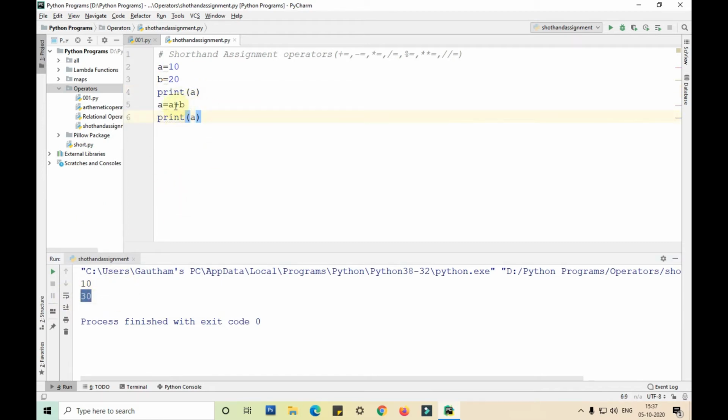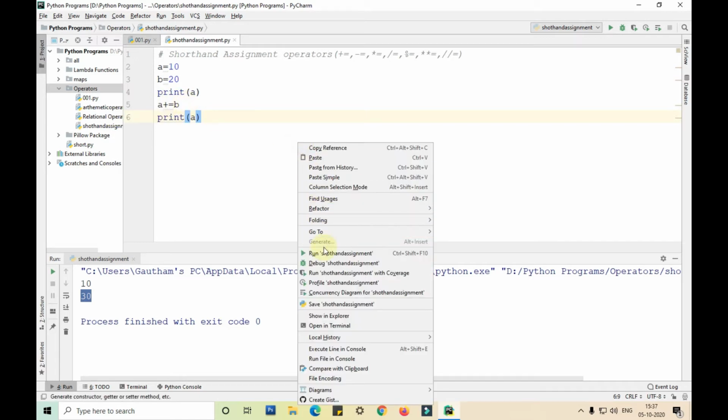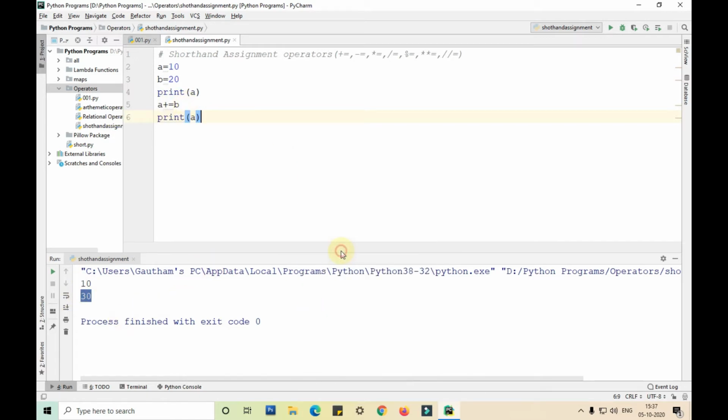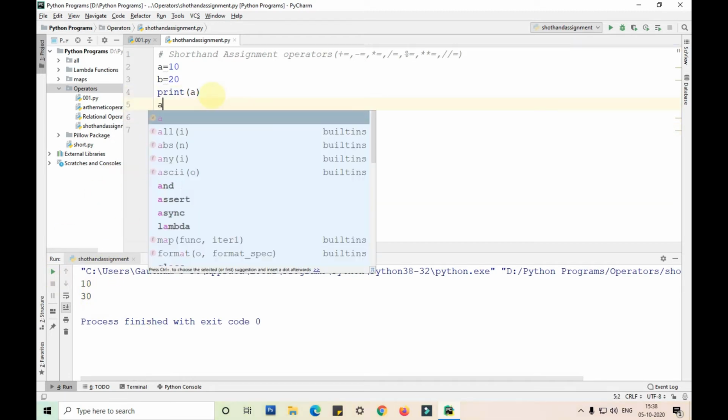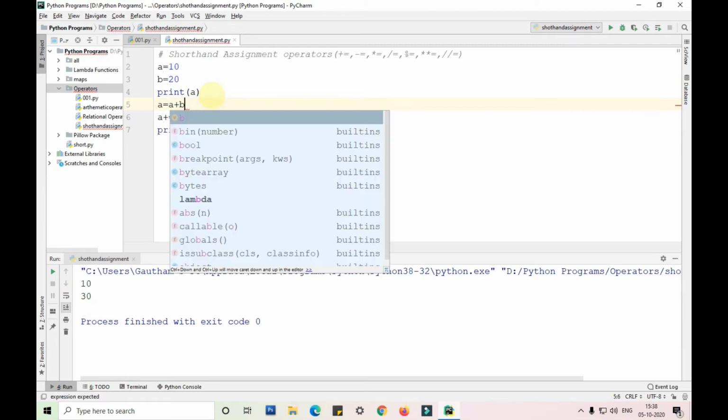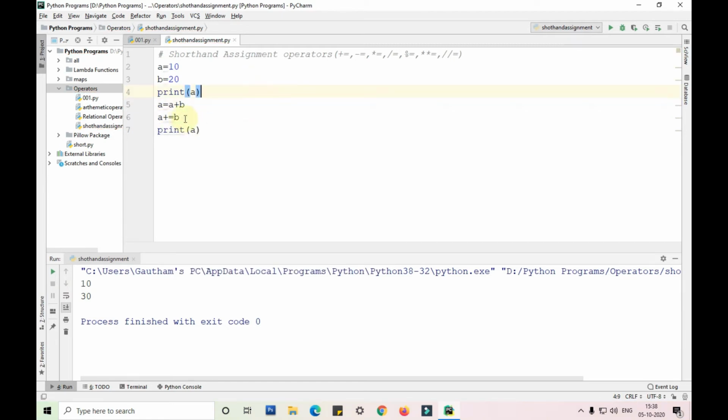So similarly, if I remove this particular code, that is a is equal to a plus b, and write a plus equals b instead, and run this program, let's see if we get the same output. As you can see guys, we are getting the same output. What are we doing? Instead of writing a is equal to a plus b, we are just writing a plus equals b.